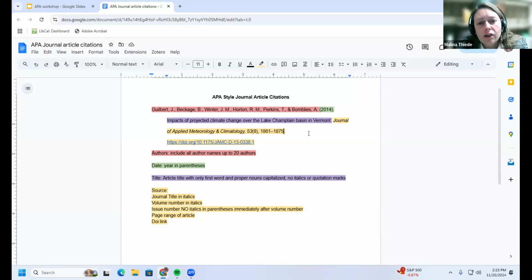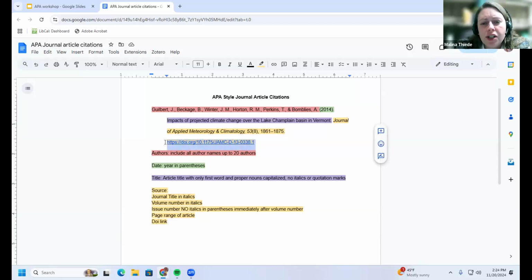So whatever information you're able to find easily, you can include in the citation, and that information should appear in the database where you find the article, and it should be pretty readily apparent. If you don't see something in the citation information on the citation page in the database, don't just invent something. Don't put something in there if it's not appearing somewhere on that page. I've seen some journals put a number on the article, and that is considered the page number. So you may increasingly see that.